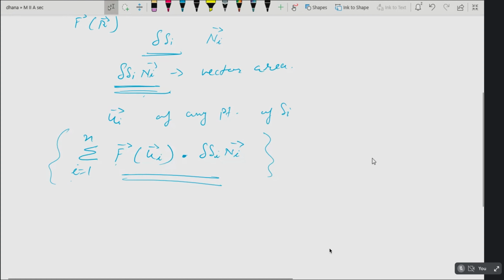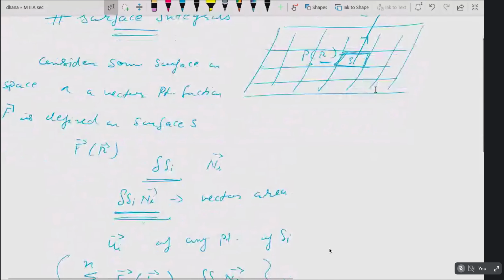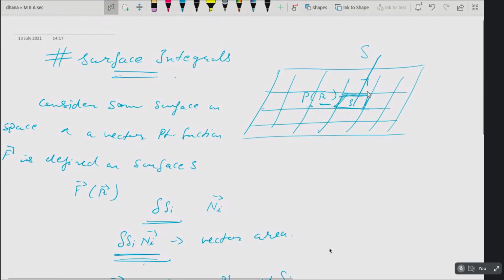Okay, now what I will do is I go on increasing my number of subsurfaces. Just now I said, first I just considered n number of subsurfaces. But now I am going to increase my subsurfaces. Go on increasing means I will again divide, I will again divide. Is it or not? So what I am trying to do is get n tends to infinity. I am increasing the number of subsurfaces infinitely. That means n tends to infinity only, na?